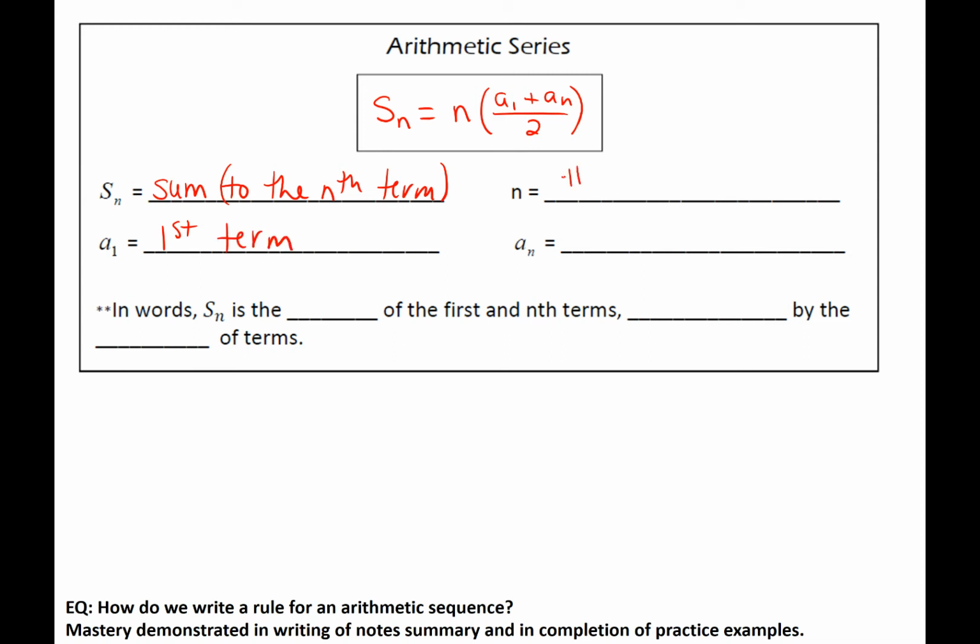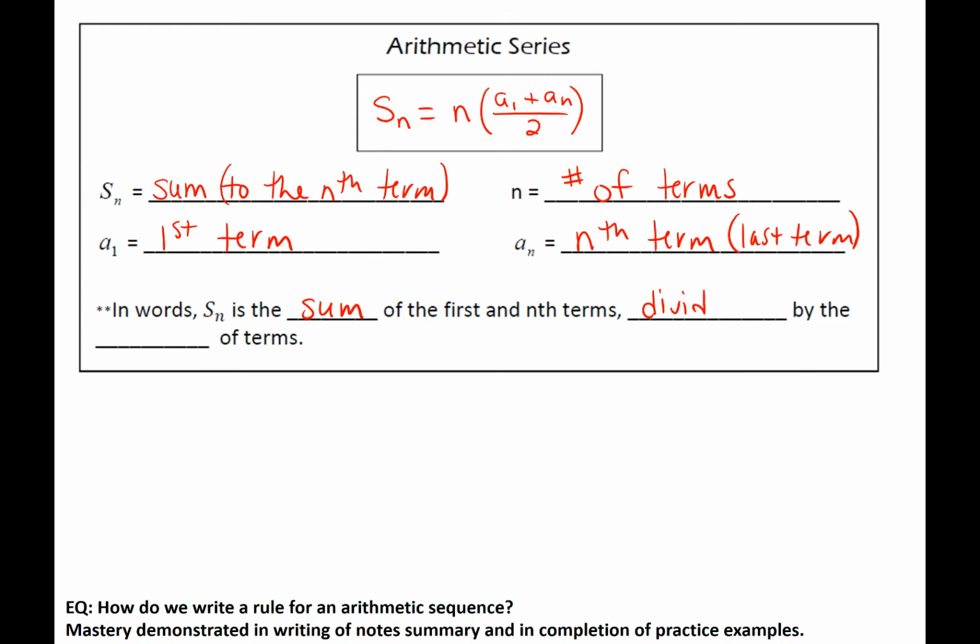N is still the number. This one, it's going to be the number of terms, or the number of the term. It's still the same concept there. And then a sub n, this is the nth term. And here's where we really think of this as the last term in our sequence, or series rather, since we're moving to series. All right, in words, S sub n is the sum of the first and nth terms